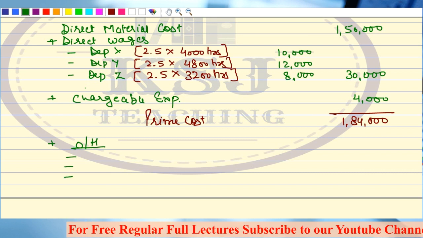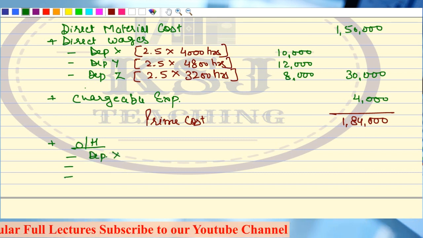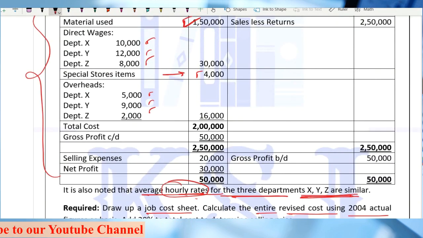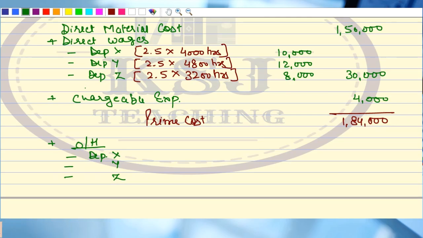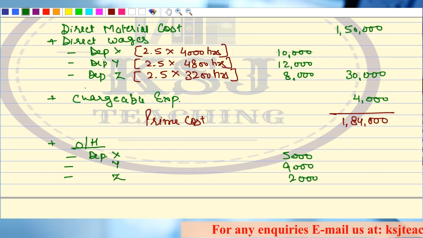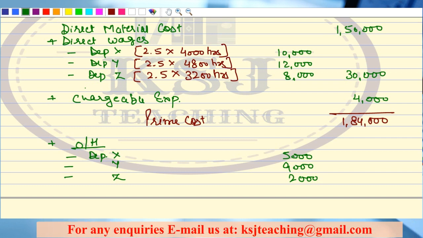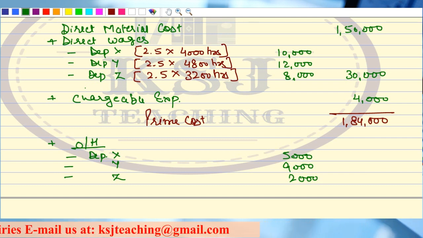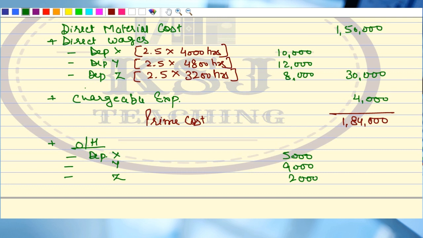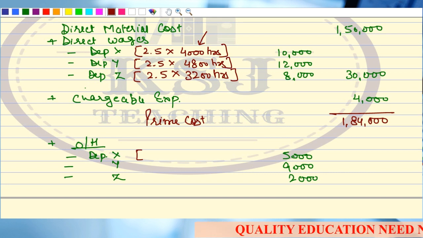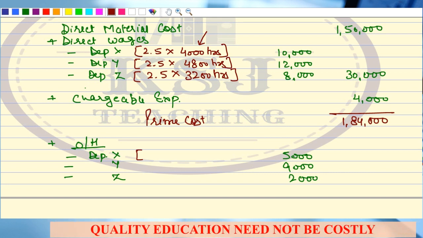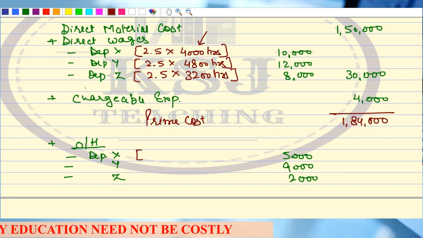Overheads are again for three departments, department X, Y and Z. The values given to us are 5,000, 9,000 and 2,000. Now we say that we have absorbed overheads on the basis of labor hours. So that means this 5,000 overheads have been incurred for how many labor hours? So labor hours we have calculated here. That is why we calculated the labor hours, to identify that overheads of that department are incurred for how many hours? 4,000 hours,